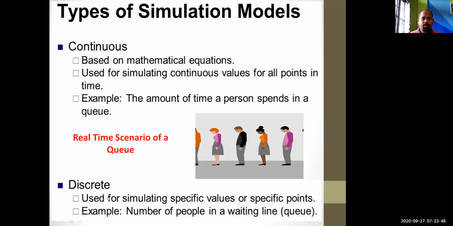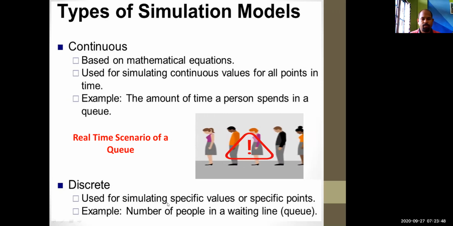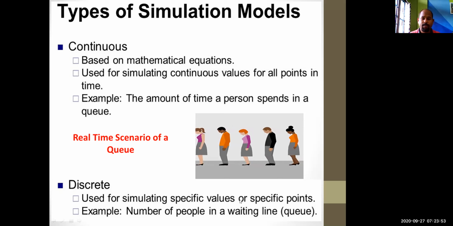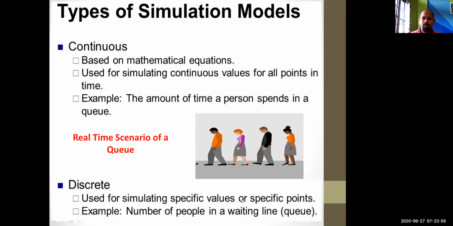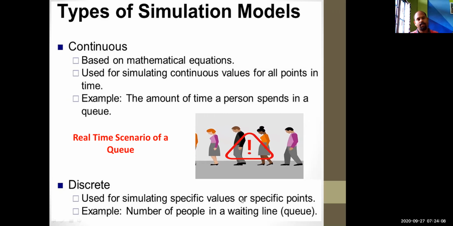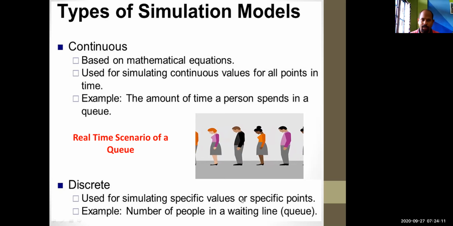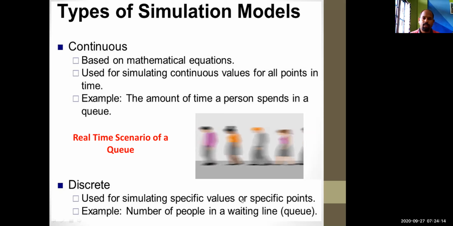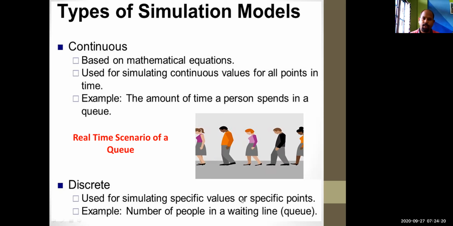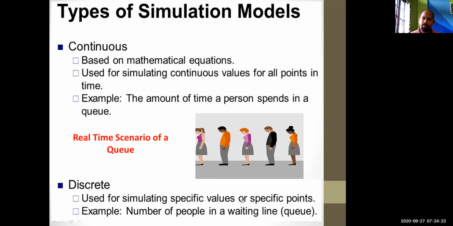In the discrete simulation model, specific values or specific points are used. It's not necessary to use everything. Suppose there is one array. We are not starting from 0 to the last. A discrete system may take a portion of the array. Suppose we require array indices from 5 to 10. So a of 5, suppose a is the array, so a of 5 to a of 10. That is our point of interest.